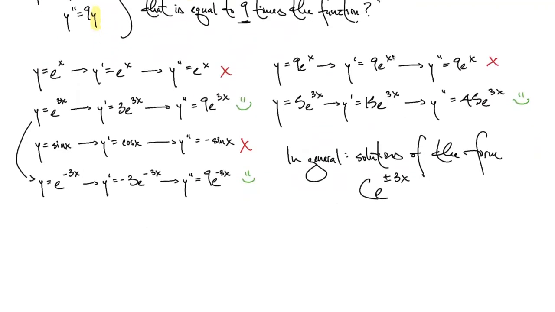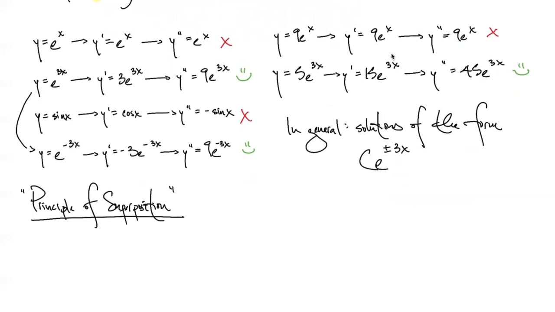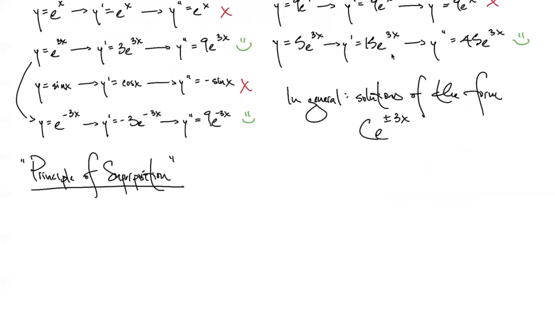Now, the last thing I want to say before I leave you for today is we're going to revisit the principle of superposition. I said it earlier, but did not write it down. Here's what the principle of superposition says. If we have one solution, y1 of x, and a second solution, y2 of x, two solutions